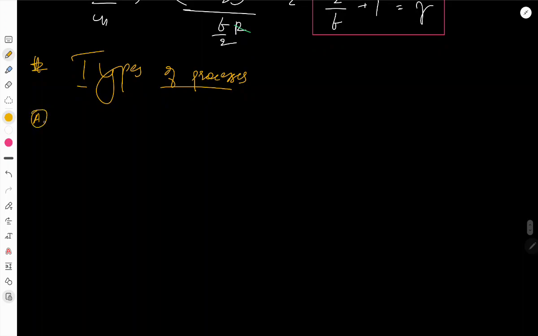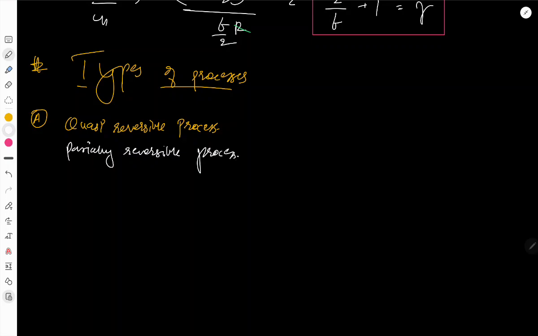So the first type of process is quasi-reversible. That is, a partially reversible process. And with that I mean, if we took a certain amount of, say, a particular material, a solid, and if we put it in a liquid,